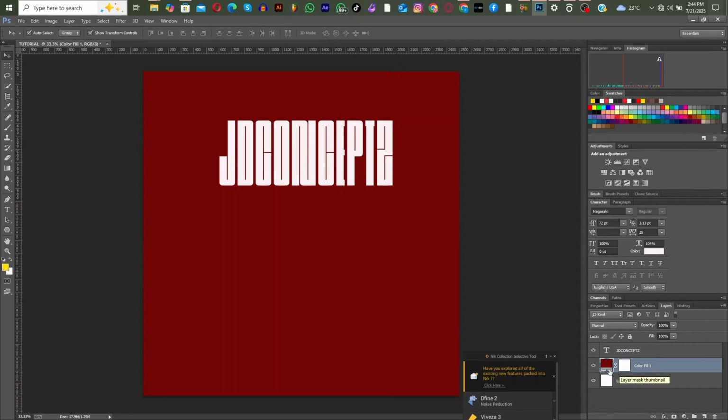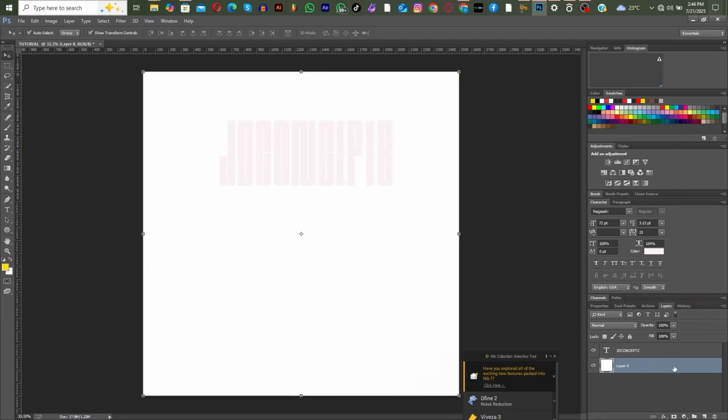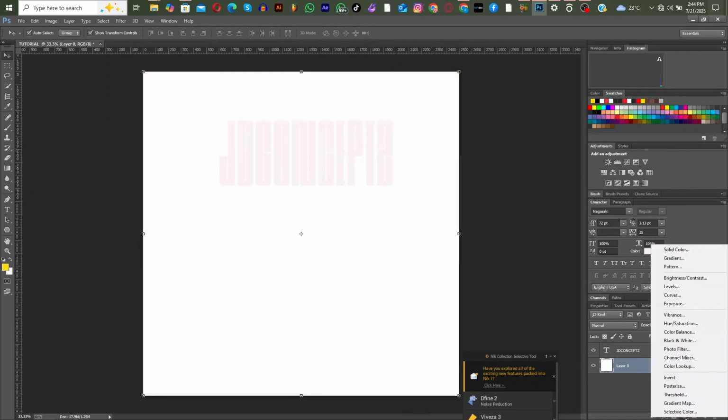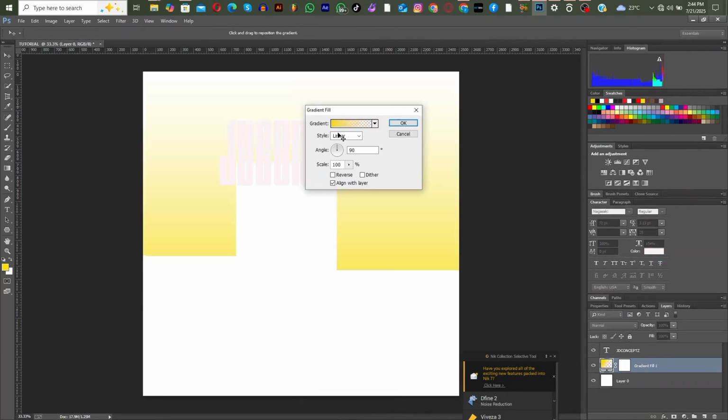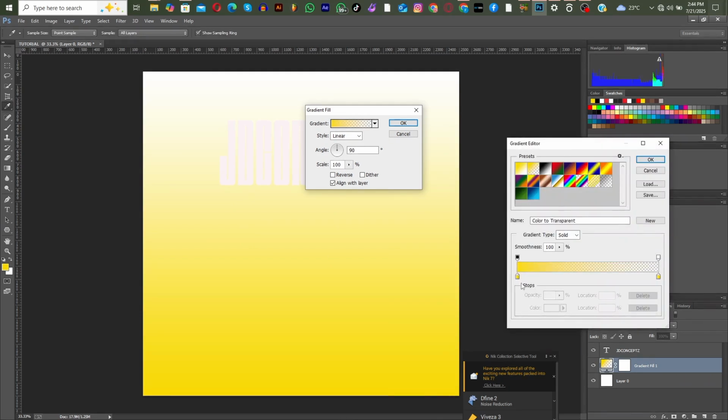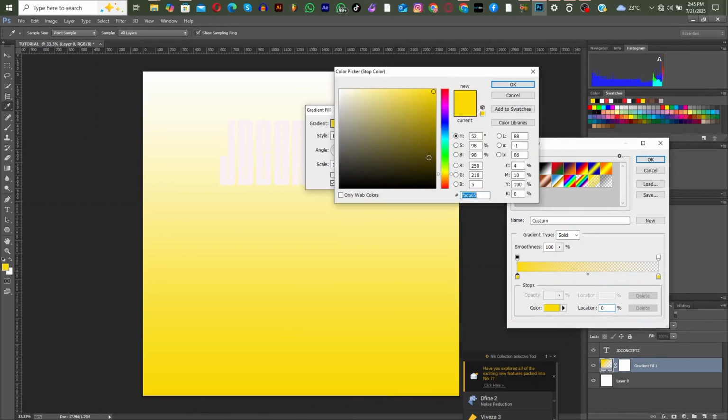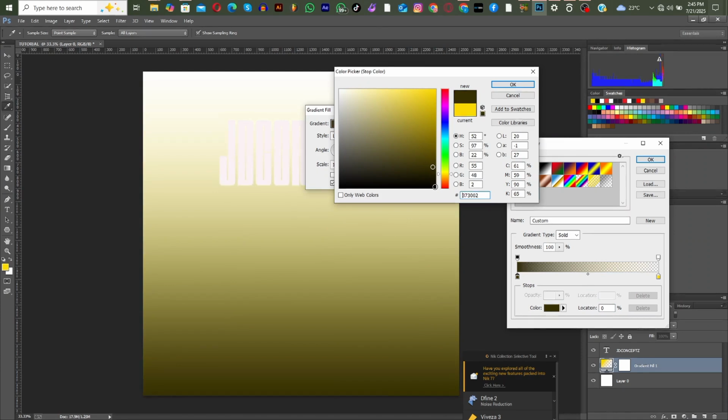creating gradients. As you can see, you can delete this color, and now we want to create our gradients. Just come here, create gradients. You can see gradients here. We have gradient field because this is the default gradients on my Photoshop. Yeah, so you try and choose your gradients. We have other gradients here. If you are not okay with that, you can just create your own. Let's say black,